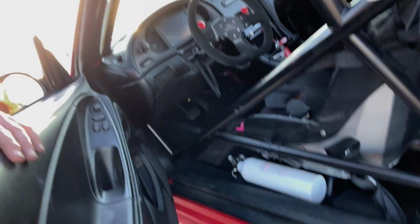And as you know, I just put a fire system in this. I don't have the bottle hooked up, but I always carry this little white one just for an emergency like this. I got this little guy here. So he starts screaming fire, and I hop out with the extinguisher and kill that. So not a great kickoff to the first drive after being down for 3 weeks, but